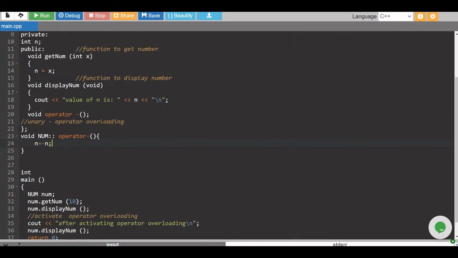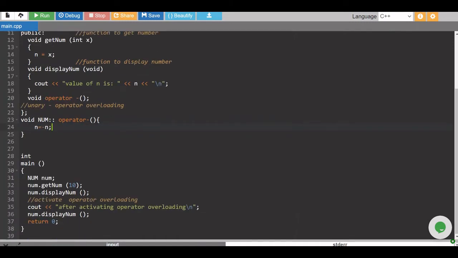That's it. Now in the main function I created an object called num. After that I passed the value 10 and then displayed the value.